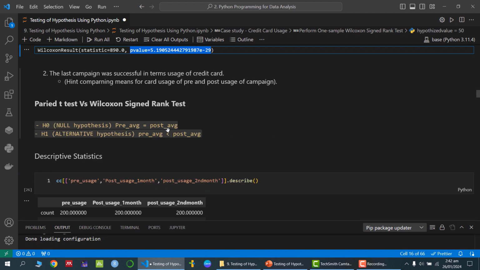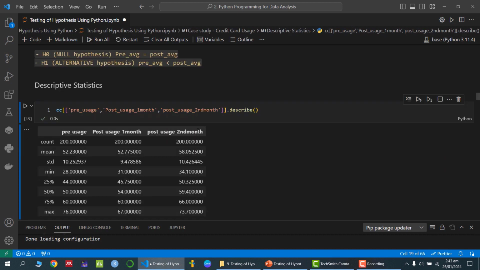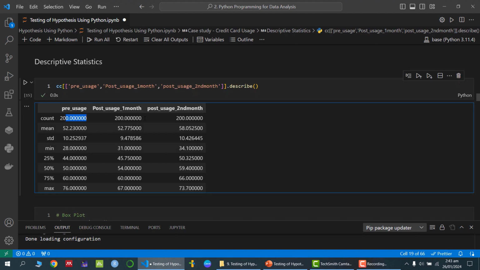We will check this against both post-usage 1 month as well as post-usage for the second month. First of all, I'm again calculating the descriptive analysis for all three variables: the pre-usage variable, post-usage 1 month, and post-usage 2 month. If we calculate the descriptive analysis, we can see that the counts are 200. The average usage of the credit card before the campaign was